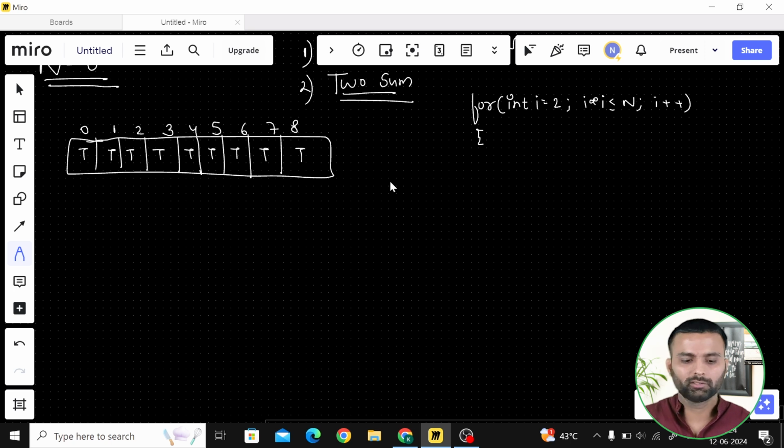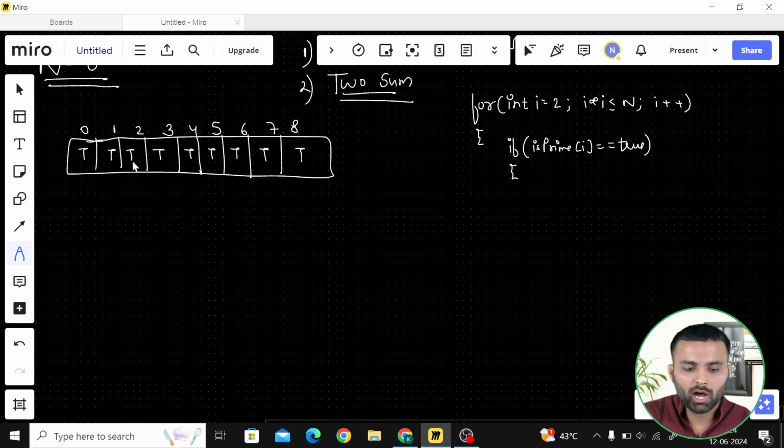Now, inside this, we check: if isPrime of i is equal to true, it means i is prime. In that case, I make its multiples false. So here I just create its multiples, and they are all false, right?